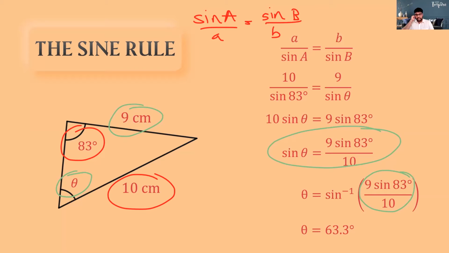So when you look at the diagram, you can decide from the angle where the opposite side will come as the ratio set. Angle and the opposite side. Angle and the opposite side. What you can see from that place, from the angle. So let me just imagine that I swapped it and took it the other way. Say I took 9 over sine theta equals 10 over sine 83.